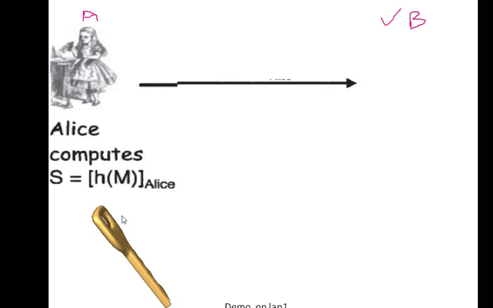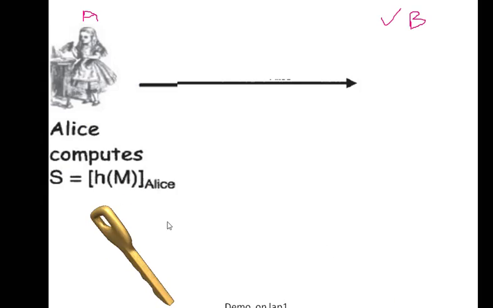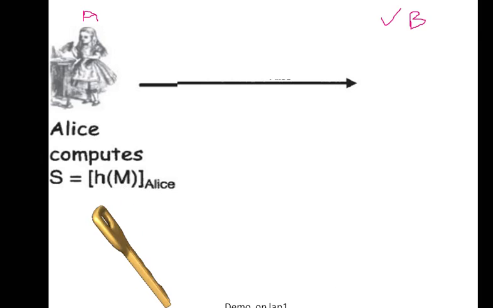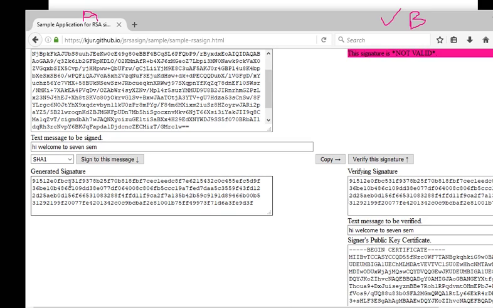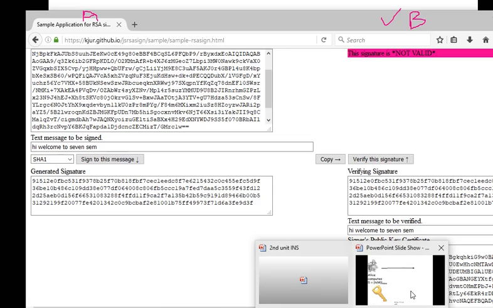After calculating the hash value the same way we calculated here, using SHA-1, we will get the hash value, that is H of M, M for message, and the sender's address, that is Alice. Similarly here, this is the hash value. We are seeing this hash value in this slide.